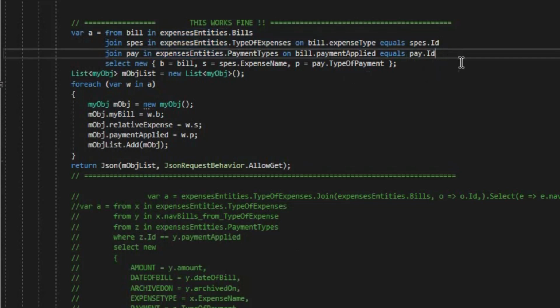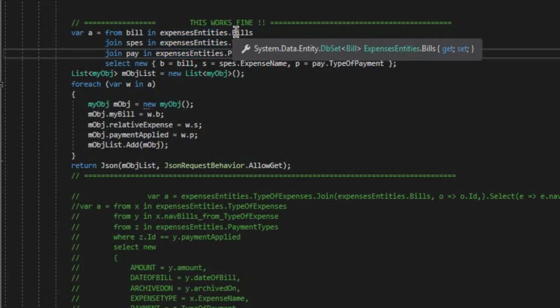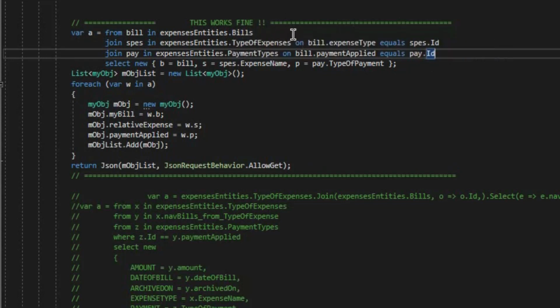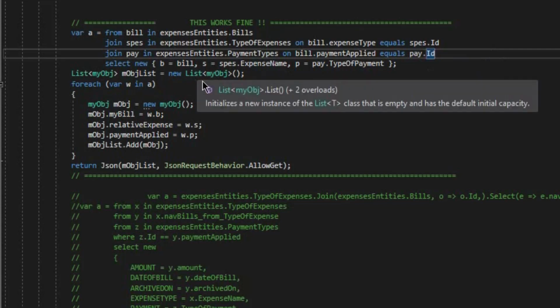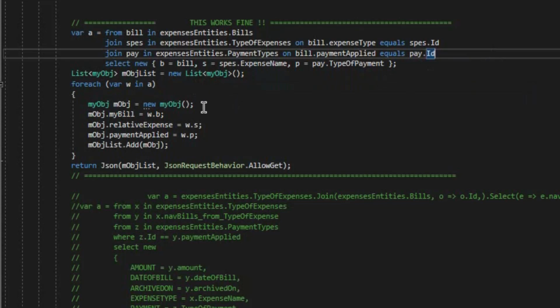So when we have all this, we have all the bills, which are defined in the bill table. Then for each bill record, we are going to retrieve the relative records of type of expenses and payment type according to the ID defined on each foreign key. All this is then stored through an anonymous type here. So we have a bill B, which is actually a reflection of what is defined here in this anonymous type, the reflection of